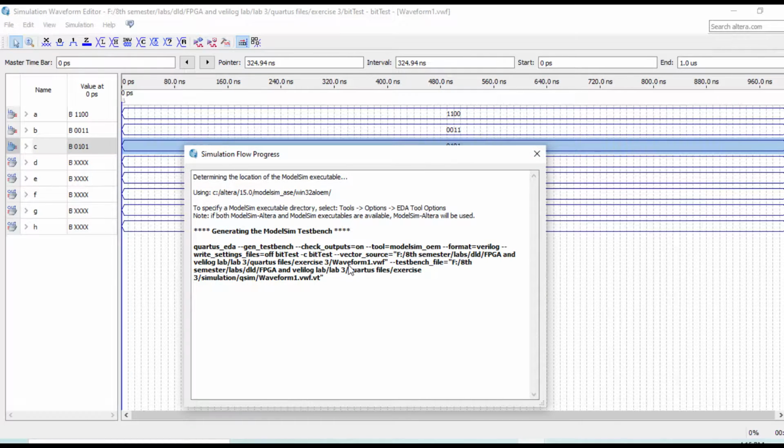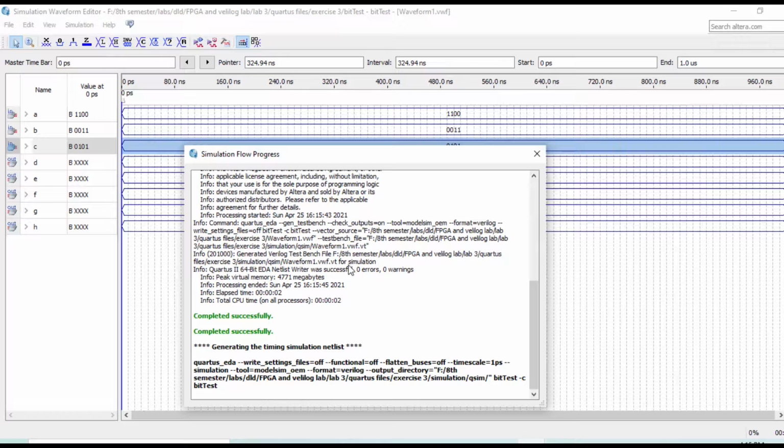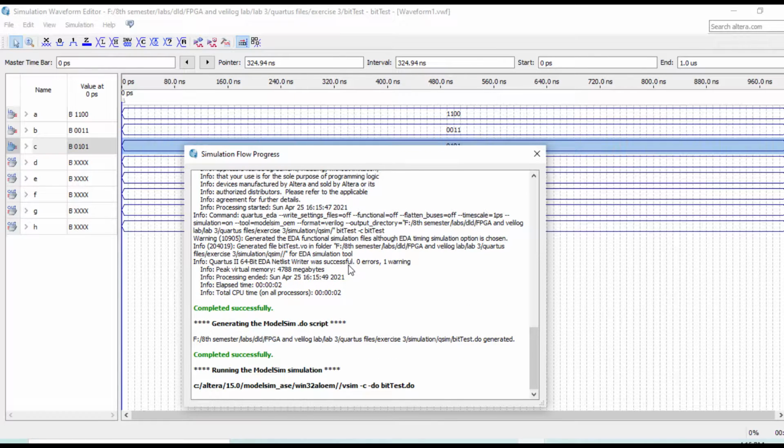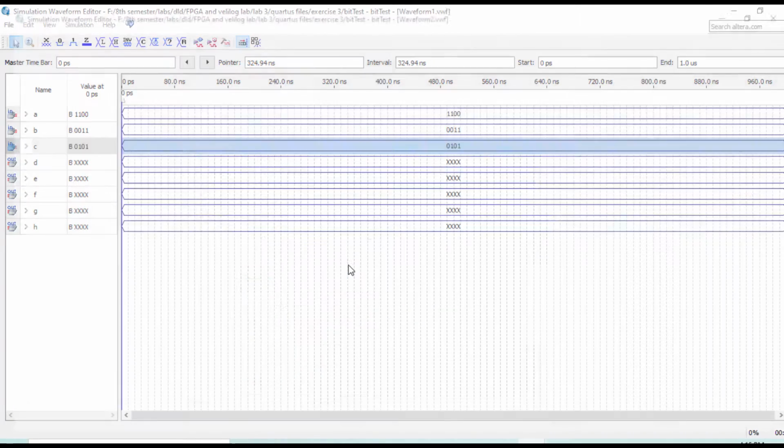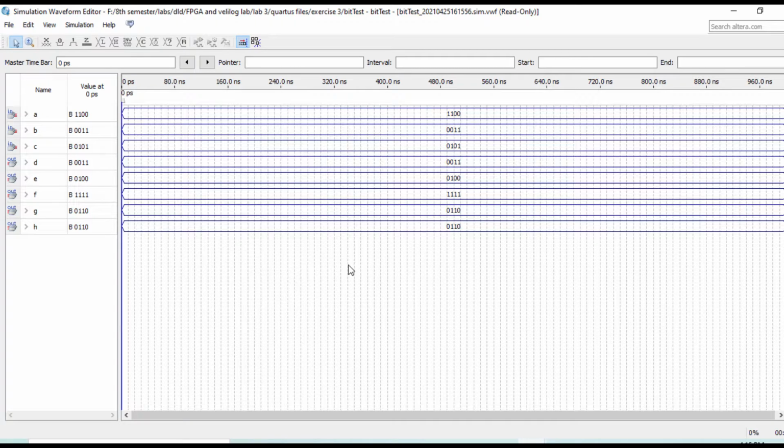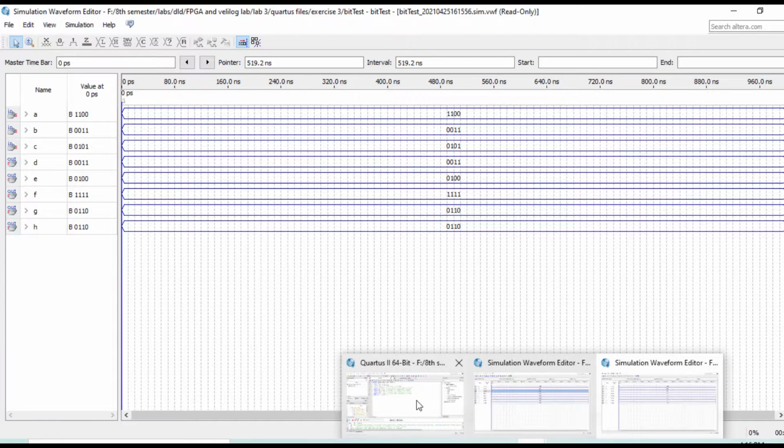And now our graph is in execution mode. And here you can see our values of D, E, F, G and H. And now we will verify our values right now.